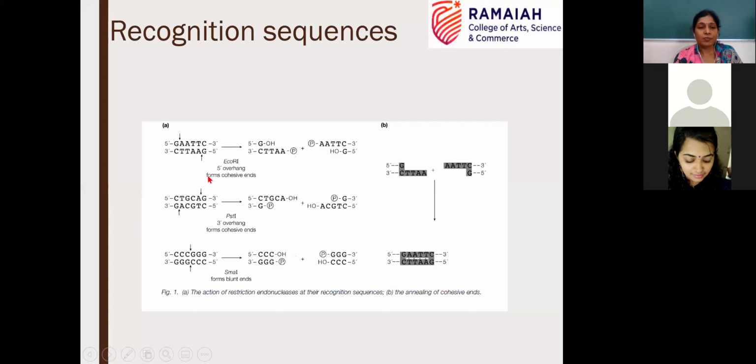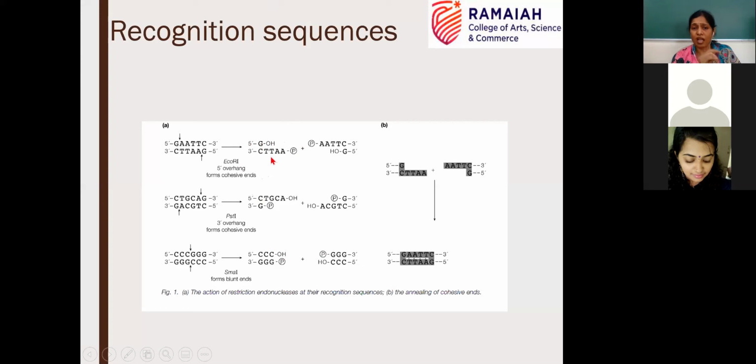They might have 5' overhangs, or 3' overhangs, or they may be blunt-ended. Whichever type of restriction fragments are produced, these are the products of the restriction digestion after the activity of the restriction endonuclease, and the 5' end of the fragment will always have the phosphate group attached,